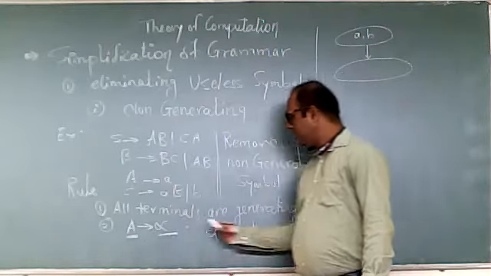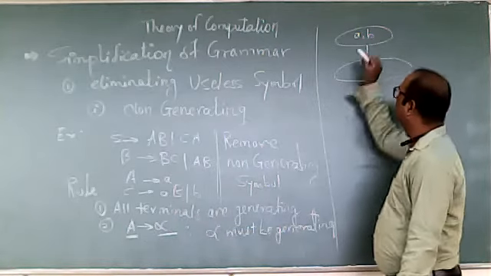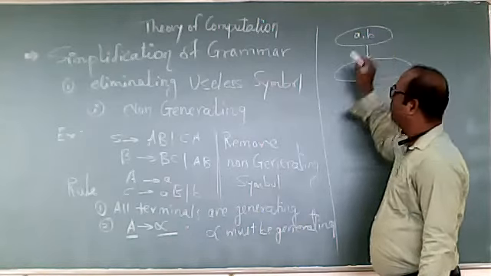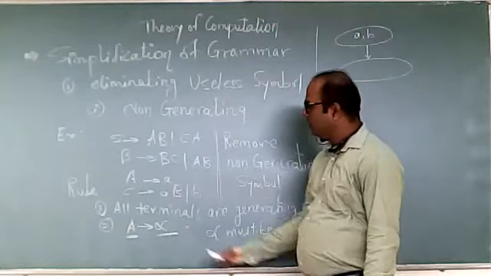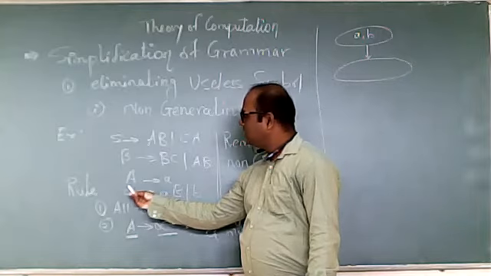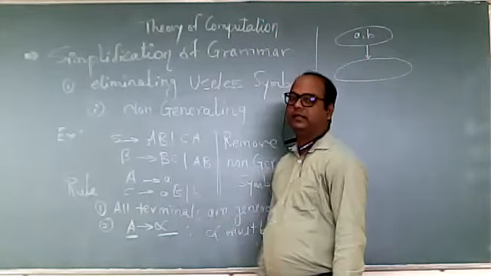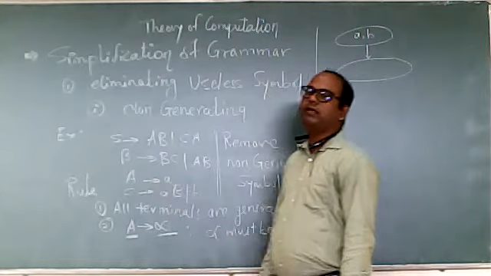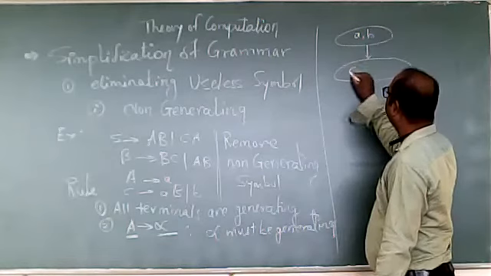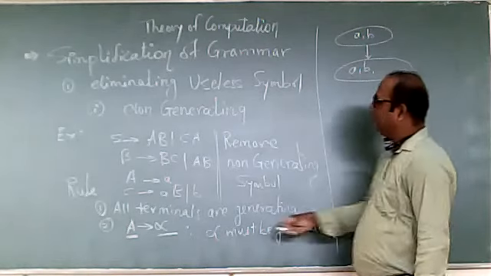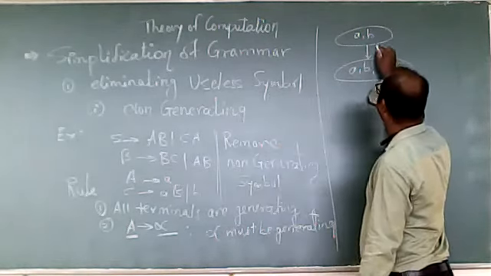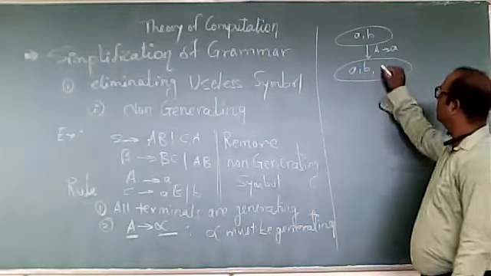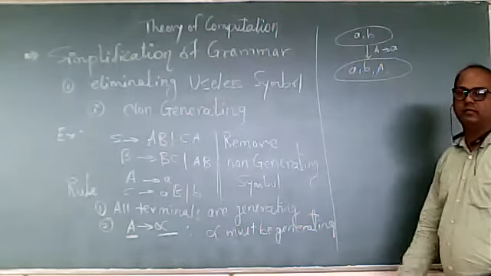A has a production like this, alpha, and alpha is generating. So now we have two generating symbols. With the help of these two generating symbols, can we find some generating variable here? If we see this, A produces small a, so this is generating. So directly your A will become generating. We know A is already generating, and with the help of this production, A produces small a, we'll say A is generating.